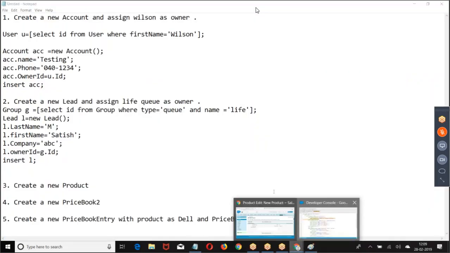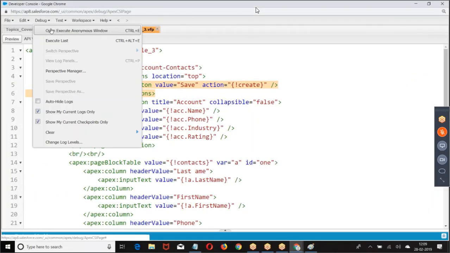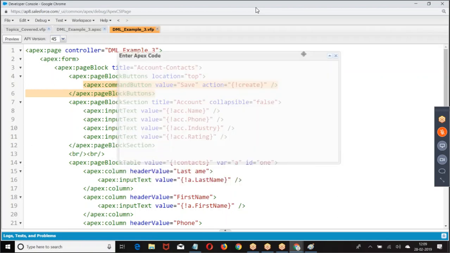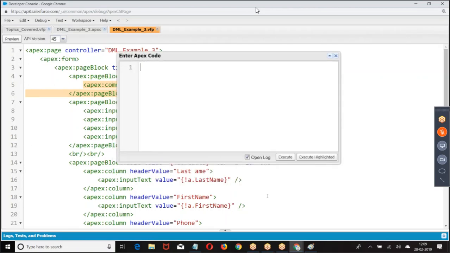I will do this example from the console. It's very important for us. These objects are very important for us. Internally, the name of the object is Product2. Tab name is Product only, but internally the object name is Product2. Product2 p equal to